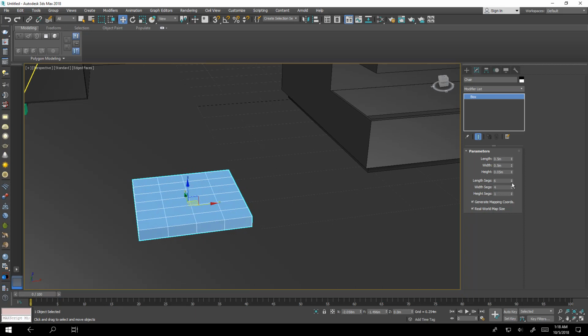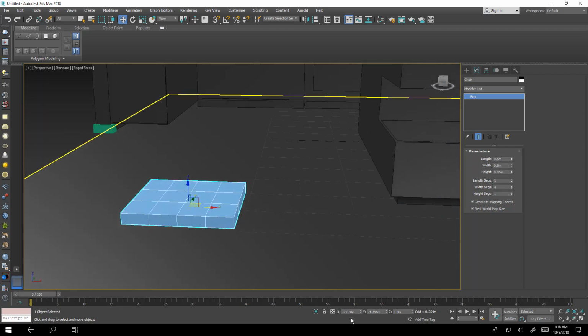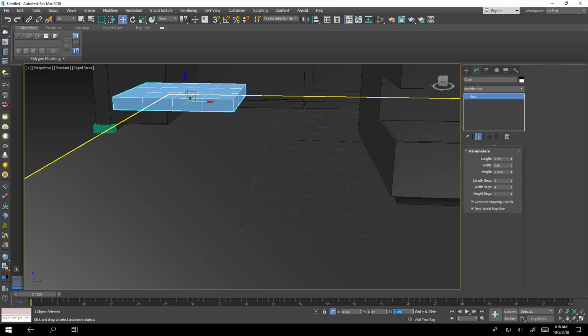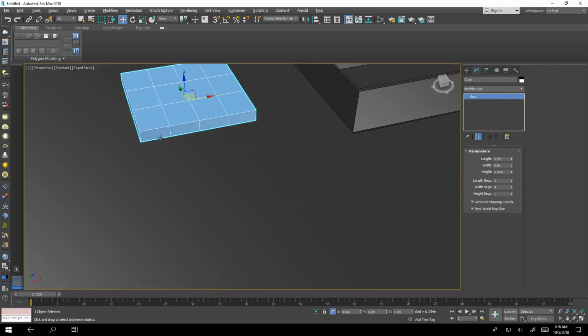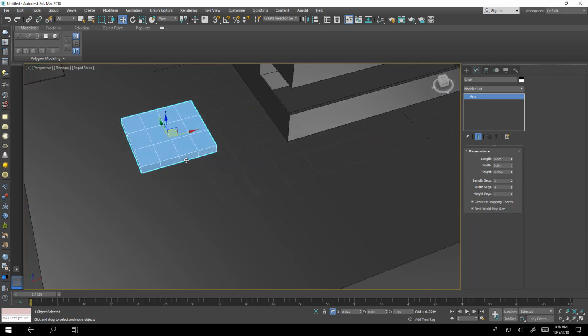Our target here is to make our chair from one object, from one box. I will go here to offset mode and move it to 0.5 in the axis. Okay, after this